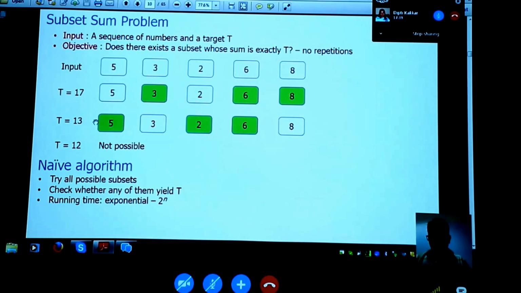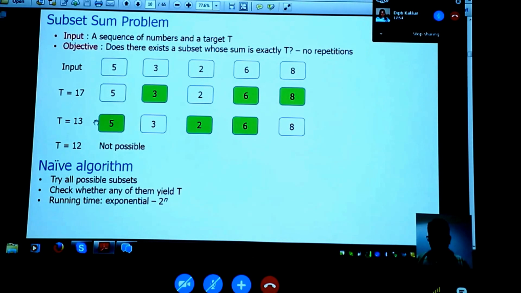So what is wrong with this? Because there are too many of these subsets, right? If my input set has got n elements, then there are 2 to the n subsets possible, which is too many. So we'll try to do better than this 2 to the n. That's what we want to do. We'll derive a dynamic programming based algorithm that runs faster than this 2 to the n. There are some caveats there. We'll see them later. There are some ifs and buts, but we'll get there later. That's the goal. We want to run hopefully faster than this 2 to the n.